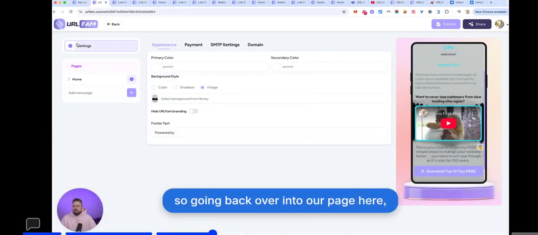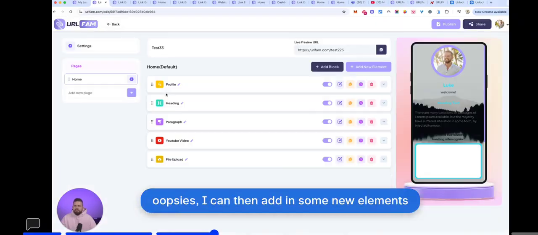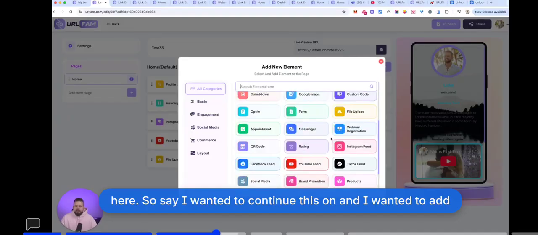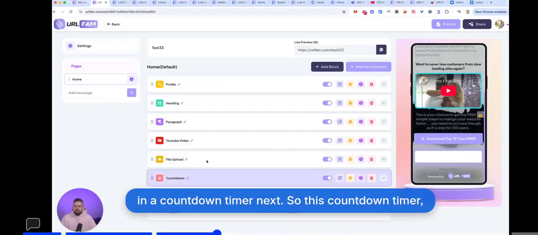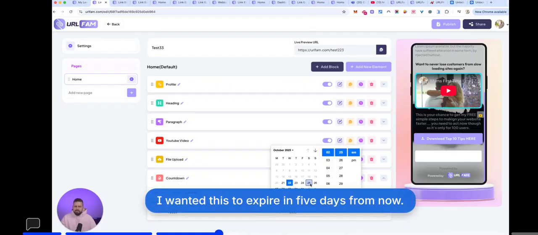So going back over into our page here, whoopsies. I can then add in some new elements here. So say I wanted to continue this on, and I wanted to add in a countdown timer next to this. I wanted this countdown timer to expire in 5 days from now,